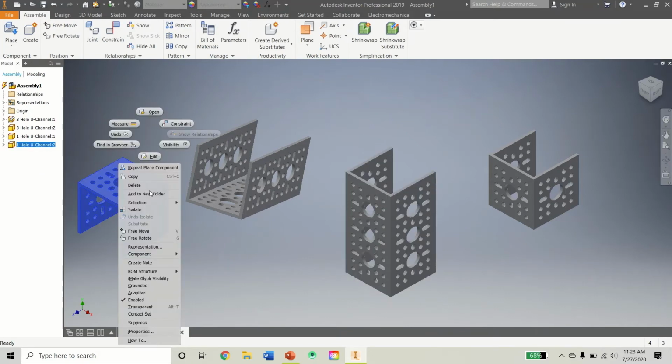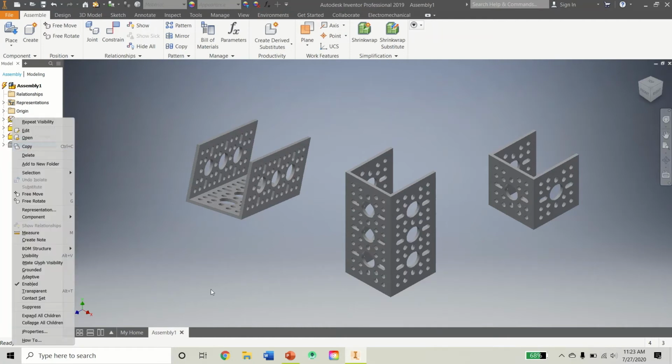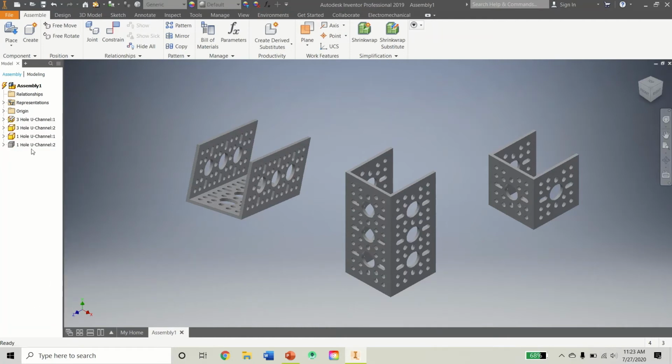We can right click on it, and then you'll see up here visibility is checked. We can do that, and now it is invisible. And on the panel here, the box turns gray. And then since we can't see it anymore, to undo the visibility, we can either just press the undo button